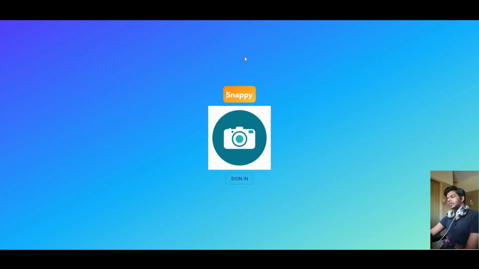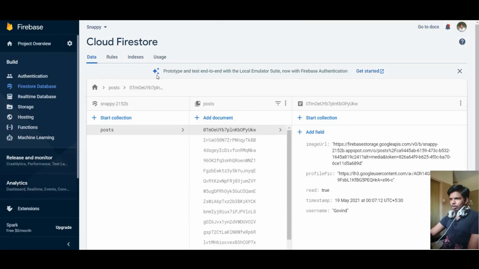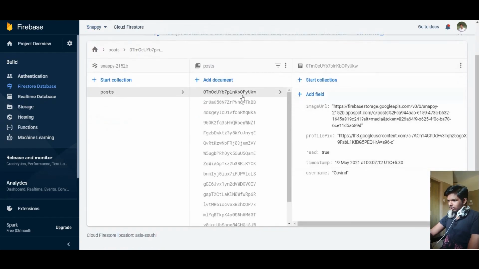So let's just go into the Firebase stuff to see what it looks like. I used Cloud Firestore this time. So this is the post collection, with several documents here. These are the snaps actually, and those are called documents. One document contains 5 properties, and one of those properties is the image URL, the snap I sent, that's my snap. The profile pic is the image you see at the top right corner.